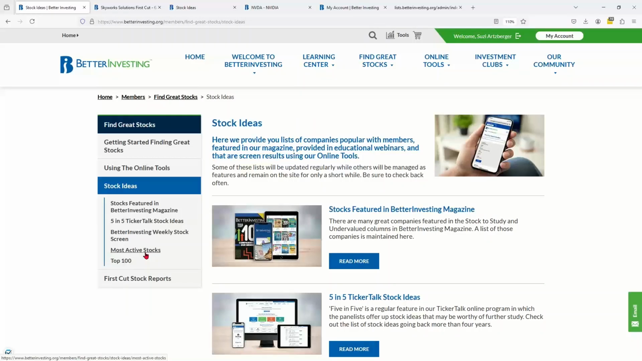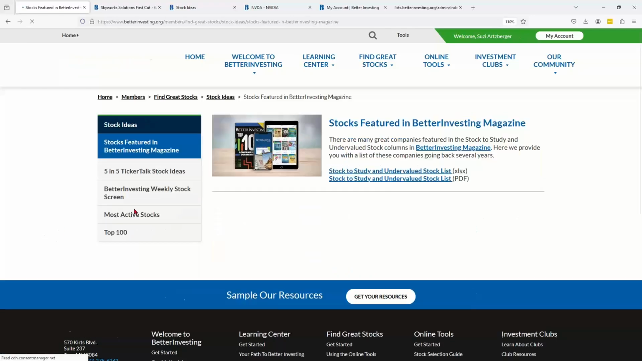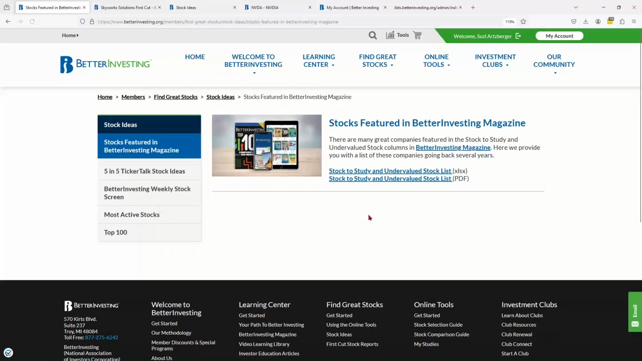Let's start with the stocks featured in Better Investing magazine. So clicking on that, each month, the Securities and Review Committee selects a company that they believe is worthy of your attention and research. The stock to study often highlights companies with strong fundamentals, steady growth, and long-term potential. So these might be perfect for investors looking to build a solid portfolio. The undervalued stock